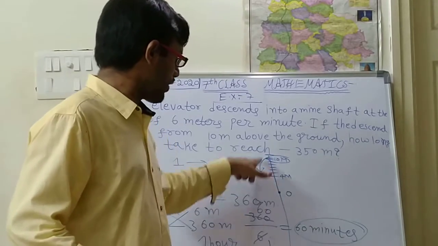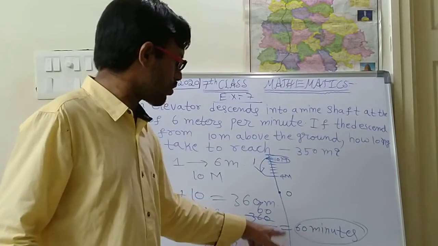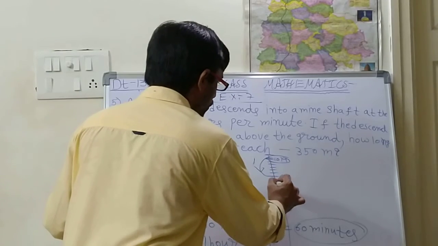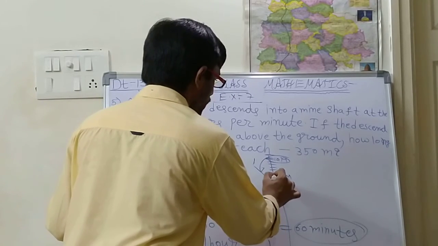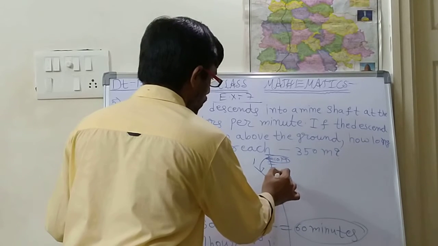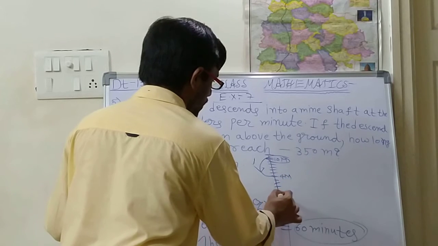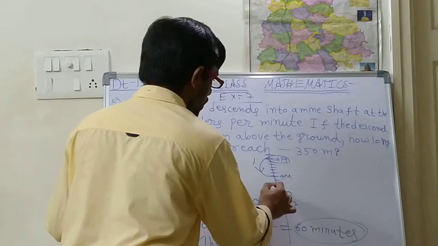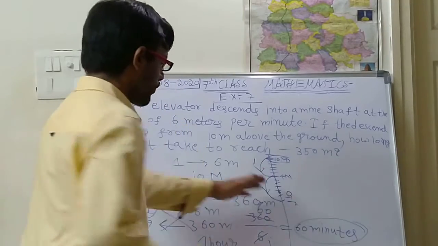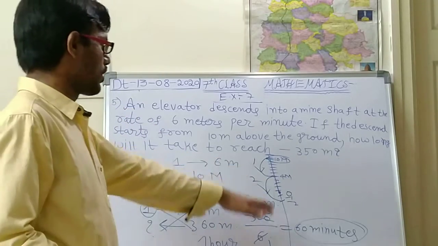Okay, like this, drawing should be compulsory. You need not write all this minus 1, minus 2. Directly you can write minus 350, and just in one or two cases you can write them. 10, 1, 2, 3, 4, 5, 6. So this is minus 1, minus 2. Like this you can write any 2. Afterwards you can just remove them and write only minus 350 meters. So like this you have to do.